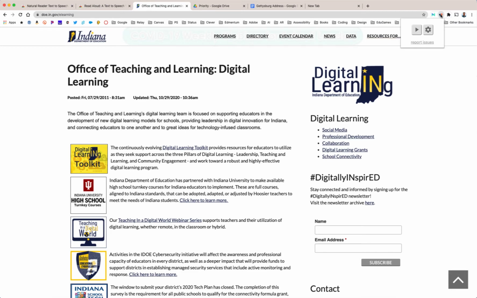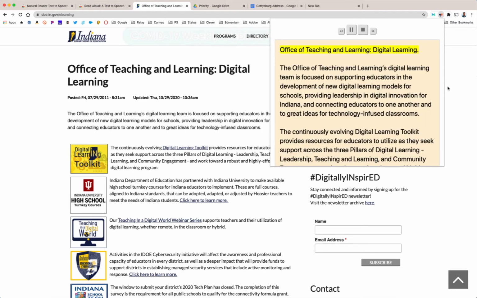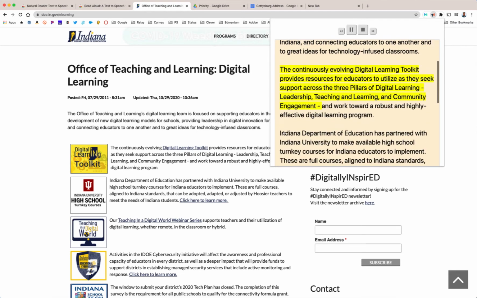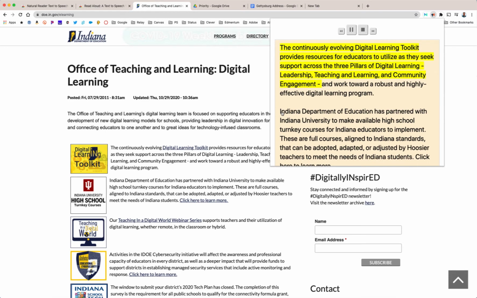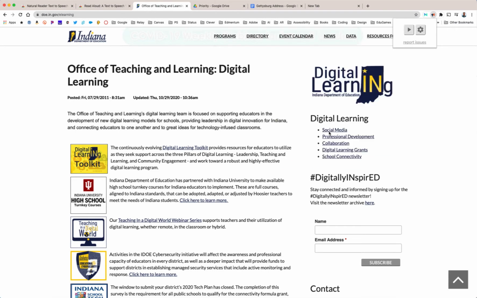Office of Teaching and Learning, Digital Learning. The Office of Teaching and Learning's digital learning team is focused. The continuously evolving digital learning toolkit provides resources. Indiana Department of Education has partnered with Indiana University to make a